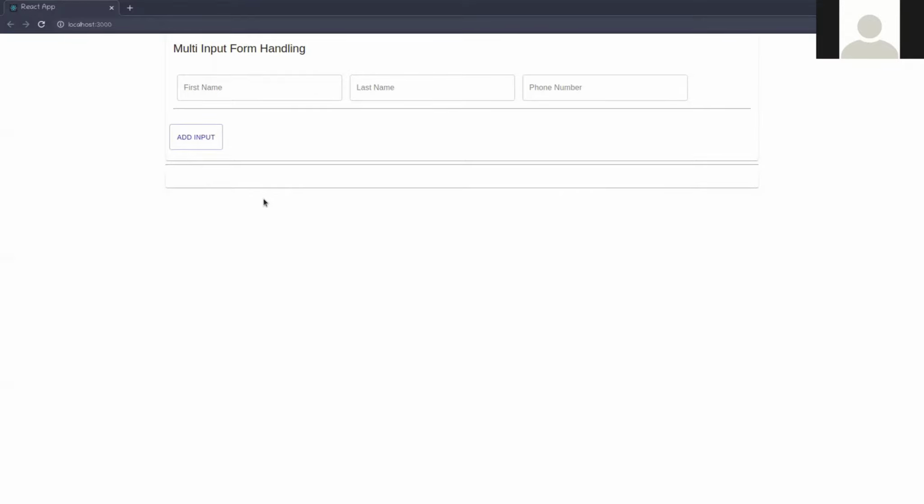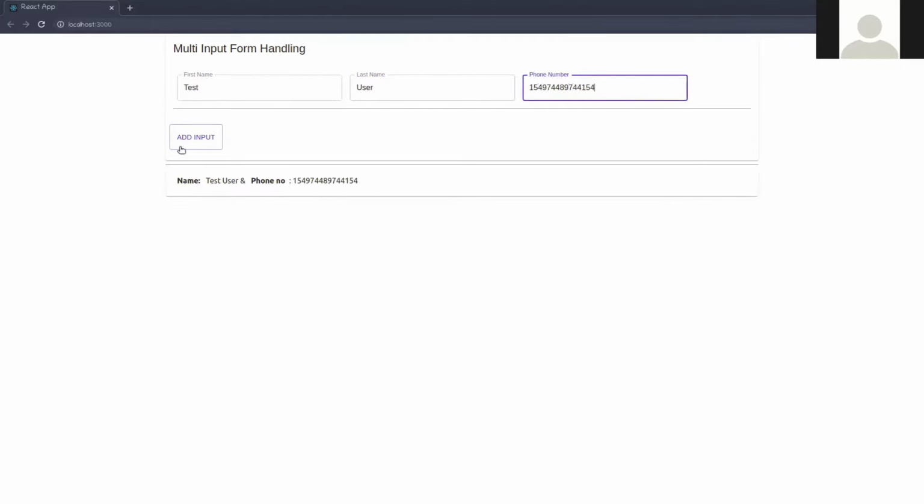So in this video, we will learn about the multi-input form handler. Means in a form, if any multi-input things are there, then how we can handle them in React.js, that we will learn today. Okay, so this is three input boxes. Like this is the demo. Okay, like you can give like test. Last name is user, and if you put the phone number, like